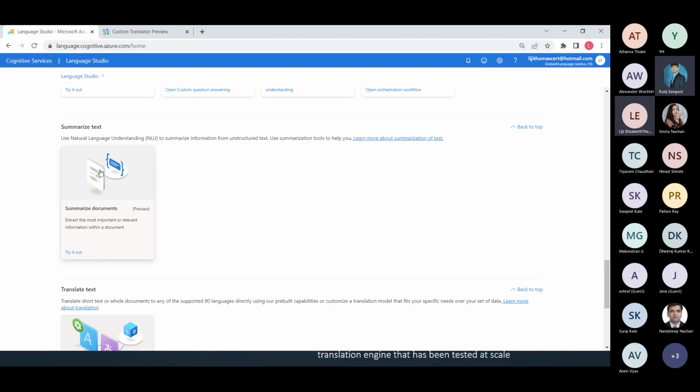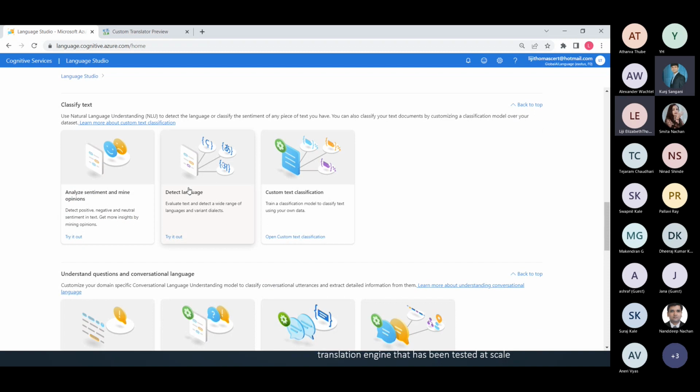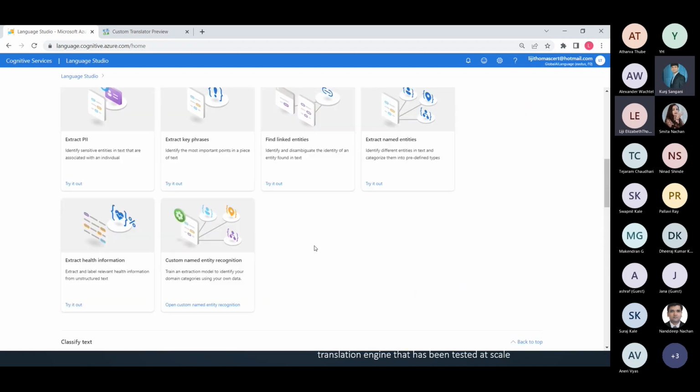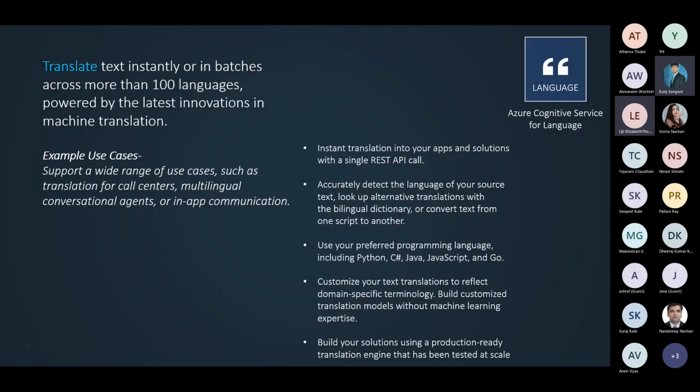It's great to have a synopsis feature, a summarization feature that builds that for you. So text summarization is a great feature. You have classic language detection, text classification, and so many other features here. There are health-specific cases if you would like to investigate. So feel free to explore all of these in the language services. Language Studio is a great starting place if you've not tried it out yet.